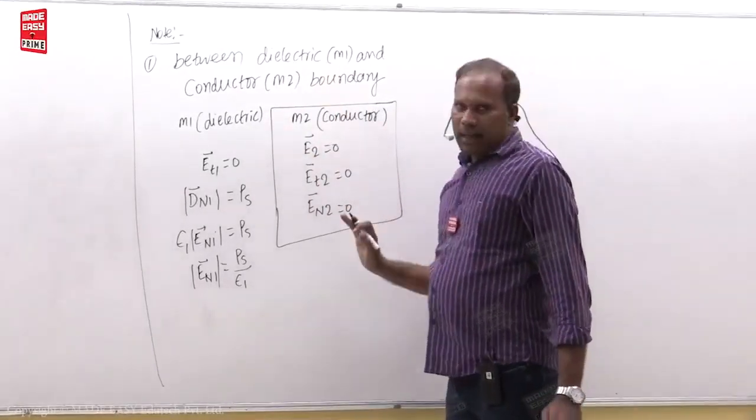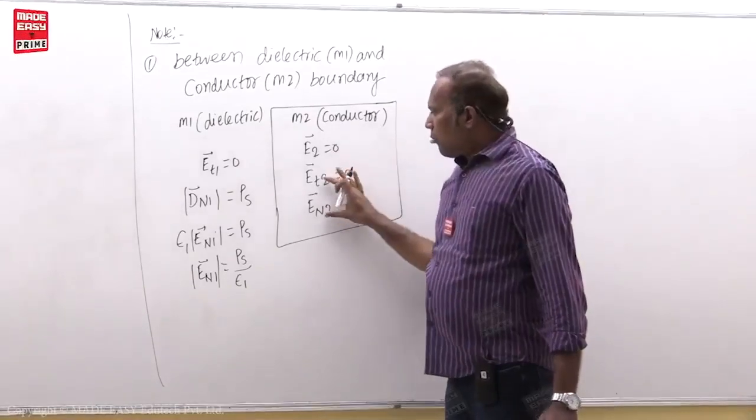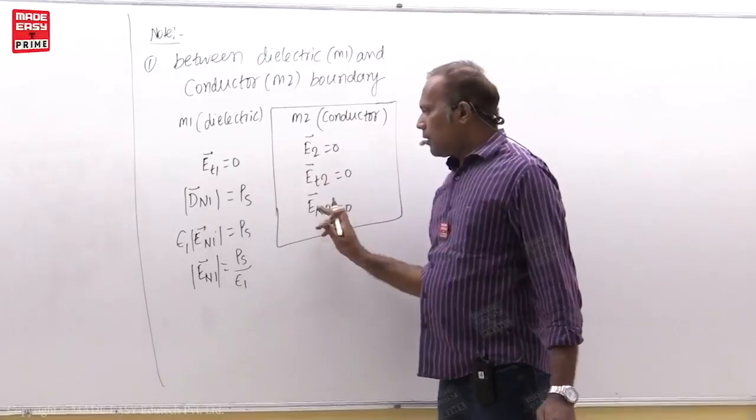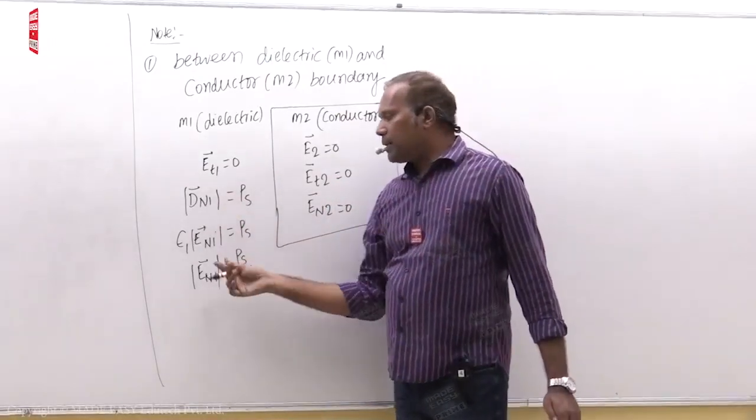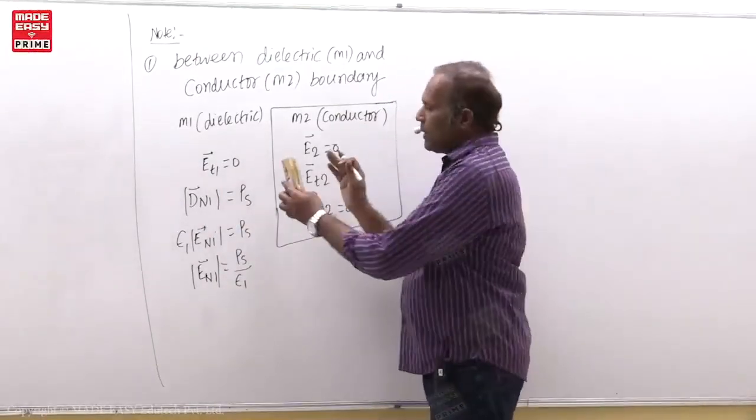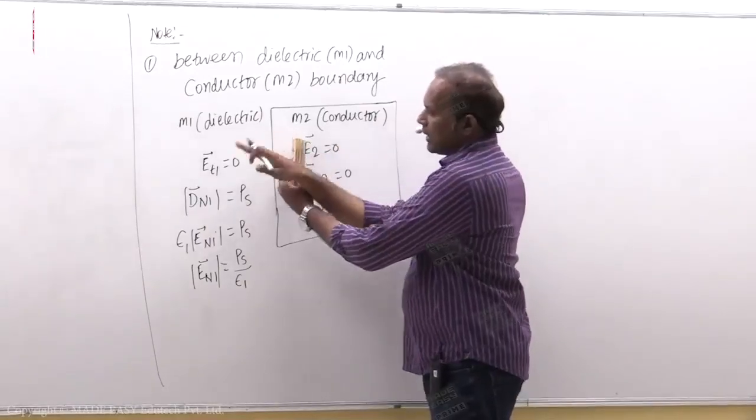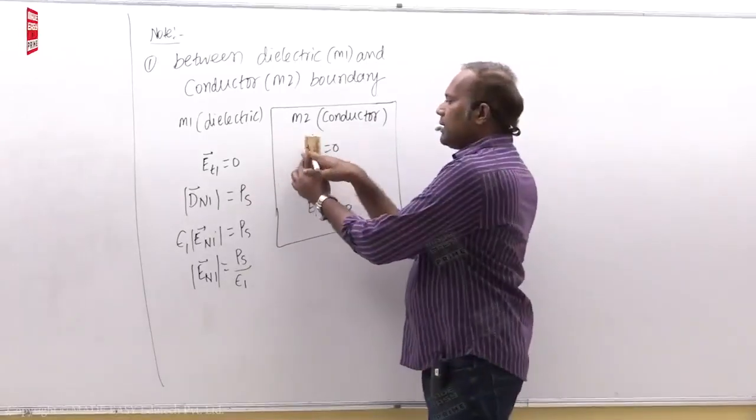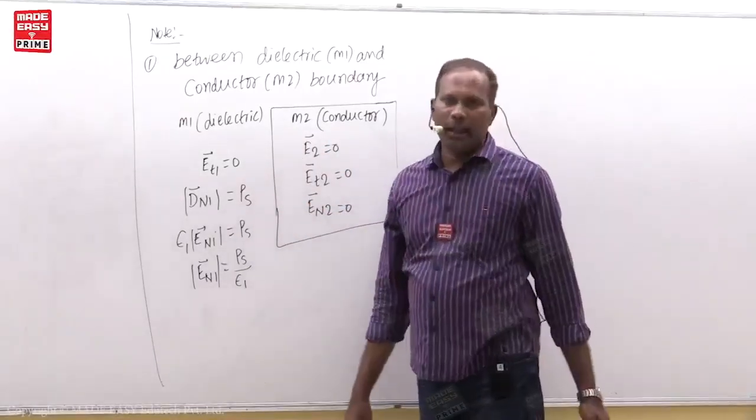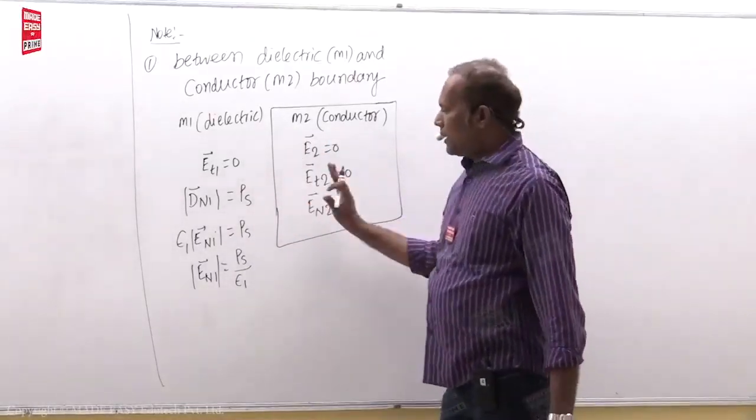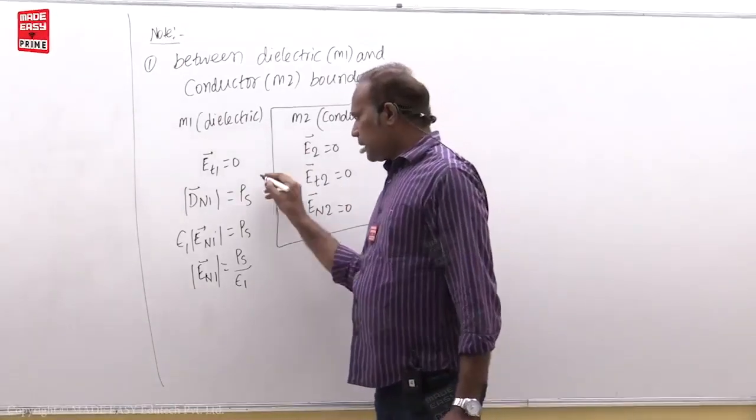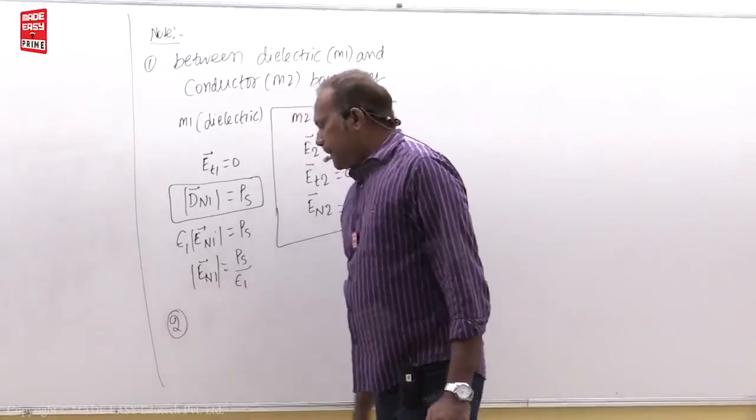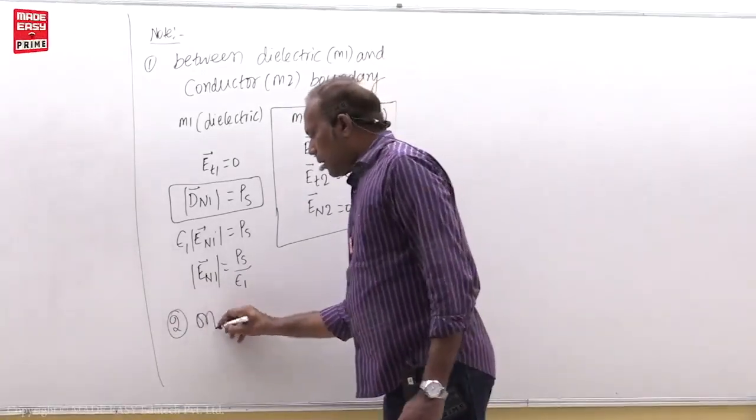Between dielectric and conductor boundary, out of 4 components, here tangential and normal, here tangential and normal, 3 are 0, but only the normal component is present on the medium 1 side. That means the normal component is present outside the conductor. If rho s is 0 on this, then that is also 0, nothing is there. So this is one point. This equation you have to remember. Next, on the